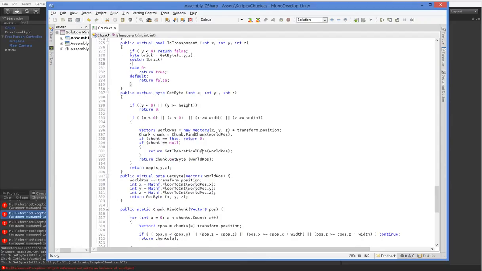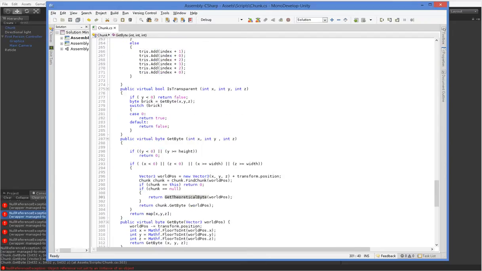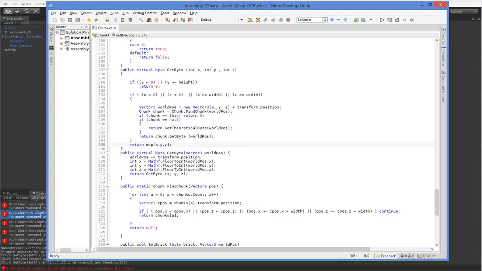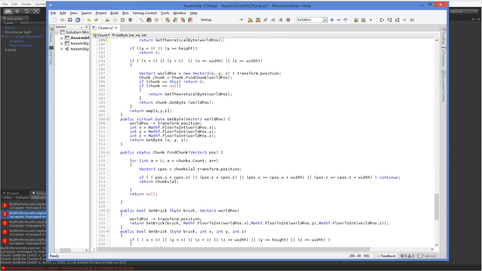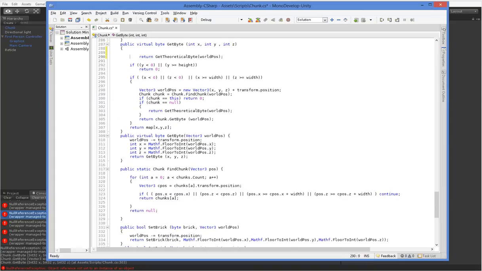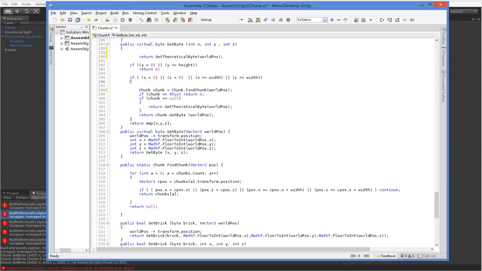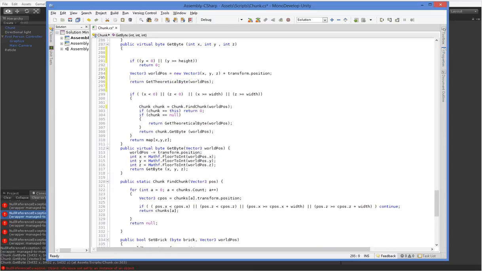So when we do this GetByte, when we have the problem, it is here, return map[x,y,z]. What we actually need to do is, if we don't have a map yet, then we need to return what we kind of think it's going to be in general. So we say, we can put this out here. It doesn't have to be up there. There we go. This can go, there we go. So we get the world pause, and then we can say